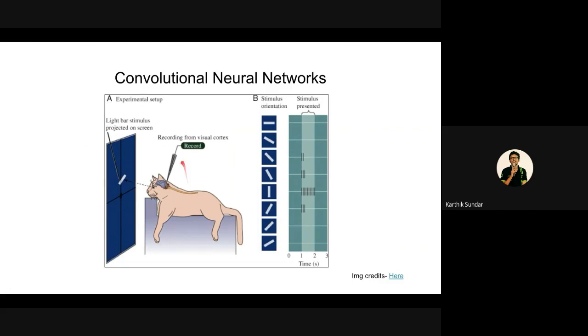What they actually did is they projected some images on a screen and saw which part of the cat's brain was able to absorb that particular pattern. Let's say they showed a particular triangle, which affected only one part of the cat's brain. If you give a new shape, you can see various shapes and various stimuli, and one particular part of the brain responded to one particular pattern. This gave Hubel and Wiesel the inspiration to come up with an artificial neural network that can simulate a brain.